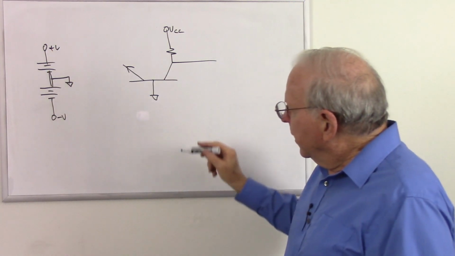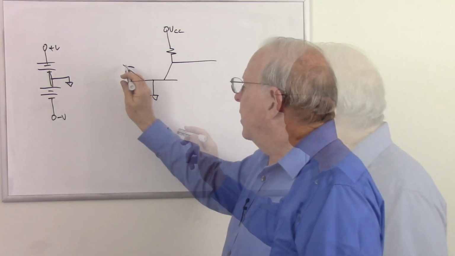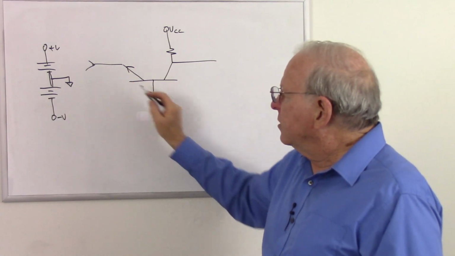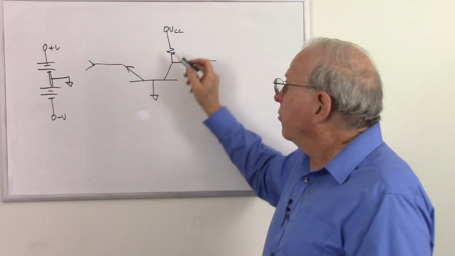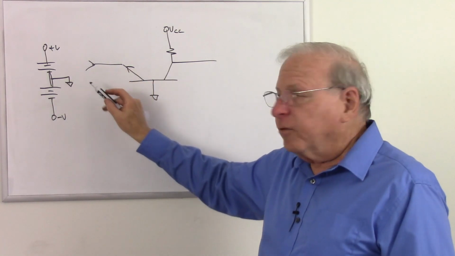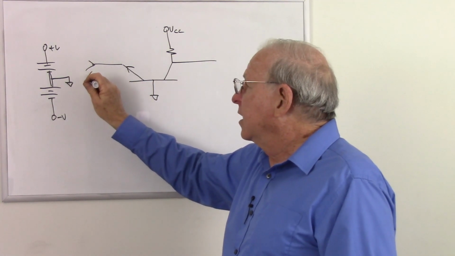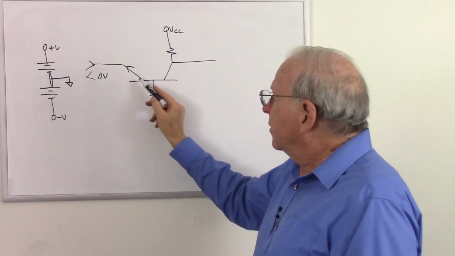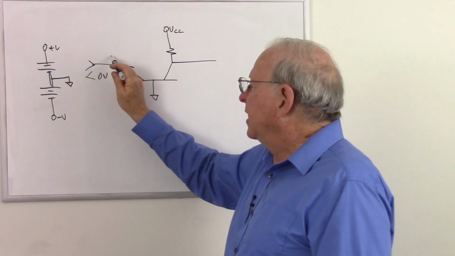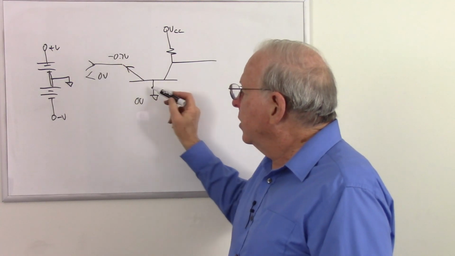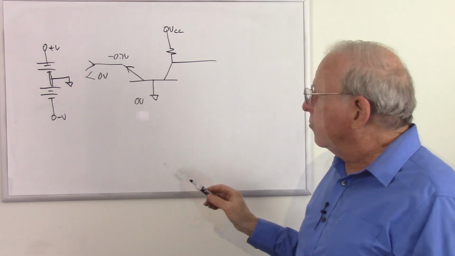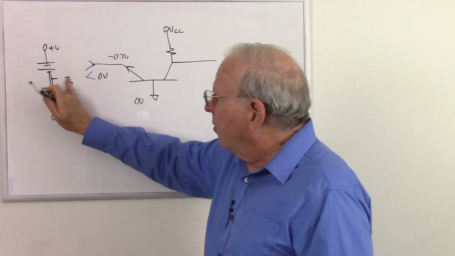and a ground in the middle for this particular circuit to work, because we have the input on the emitter, and for this to work, this voltage has to go below the base voltage. So we have a positive voltage here, ground here, and we're going to have some negative voltage because this has to go less than 0 volts to get this to be 0 volts, and that has to be at least minus 0.7 volts for this to start turning on. So we have to have a negative voltage in the circuit for this to work. One way or another, we could have two batteries, or